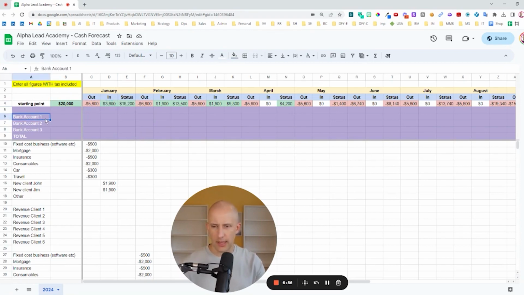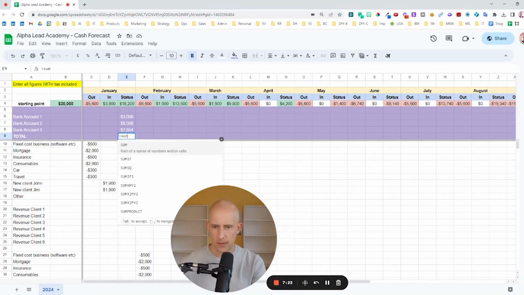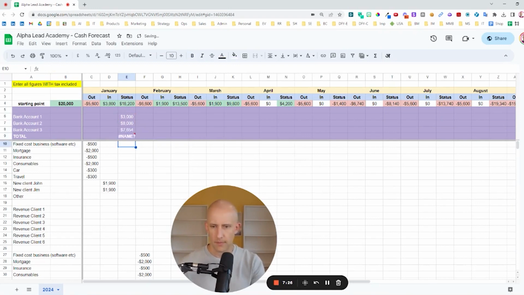This is how you can account for the money that you have in the bank. You can then see, okay, on the 31st, you have it in your calendar that you put in all bank account statuses. Stati, I don't know if that's the right word. You put bank account 1, we have 3,000, here we have 8,000, and in bank account 3, we have whatever, 7,654, right? And then the total, you can set up here: 18,654. Look, we have a little bit more.